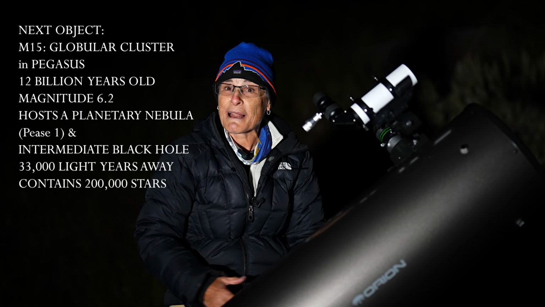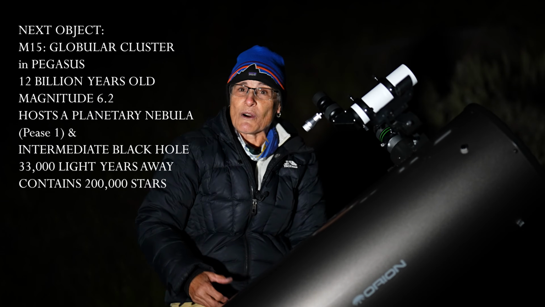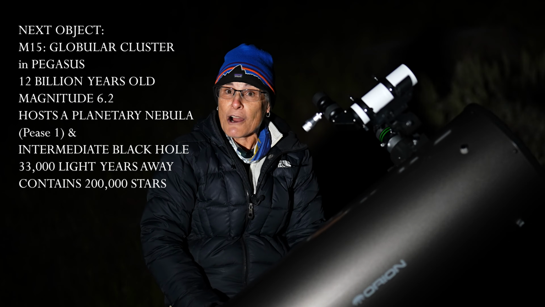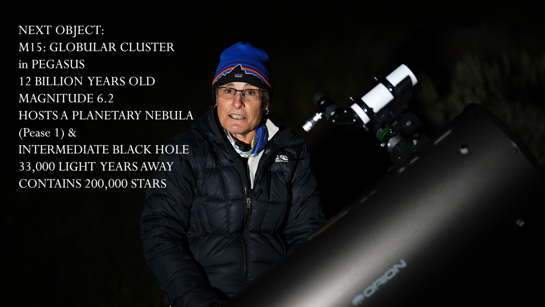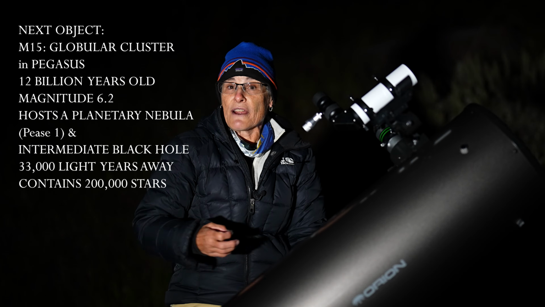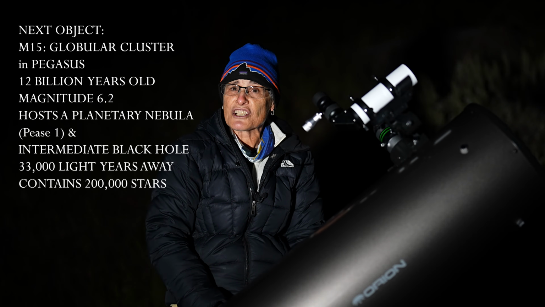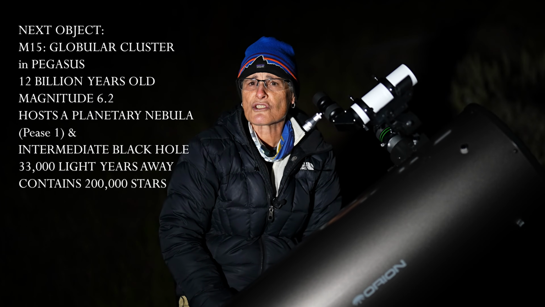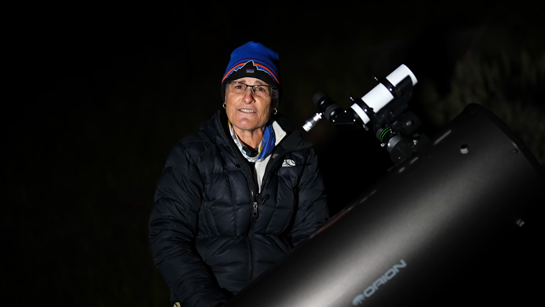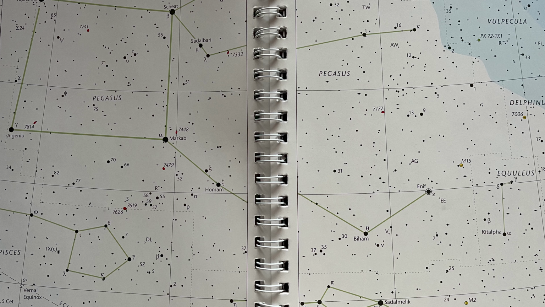M15 hosts both a planetary nebula, Pease 1, and an intermediate black hole. It's one of the densest globular clusters ever discovered, and it's 33,000 light years away, and it's thought to contain 200,000 stars. To find M15, find the Great Square of Pegasus and go down from the alpha star, Markab, then